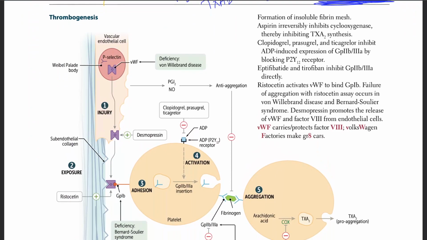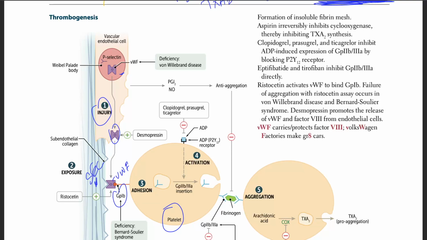Thrombogenesis. Again, same things they're telling us here. The first thing was the injury. Injury led to the endothelium releasing those von Willebrand factors, which are going to bind to the subendothelial collagens at the exposure site, and those subendothelial collagens will bind to this von Willebrand factor, and then von Willebrand factor will bind to the platelet by GP1B. Platelet is going to release